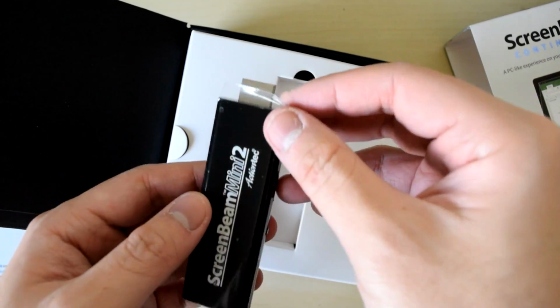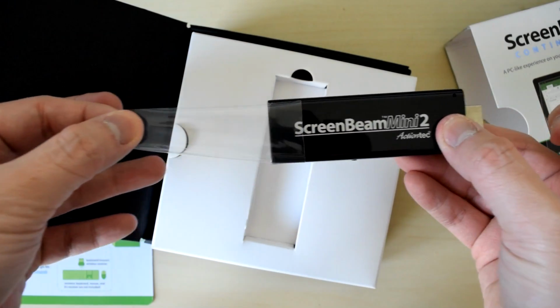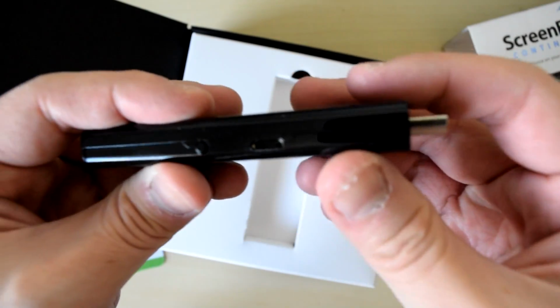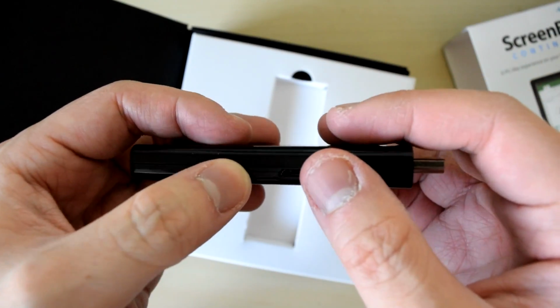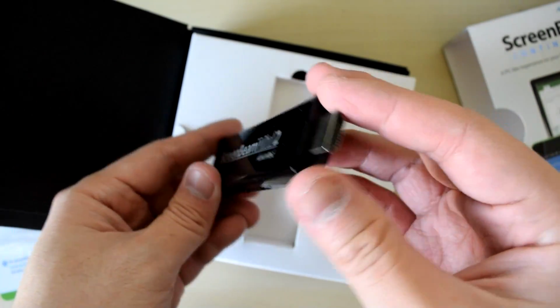Now, ActionTec has wisely opted to protect the printed logo with a piece of plastic tape, as it's a proven fact that soft cardboard packaging has certain chemical properties that scratch off company logos on plastic electronics. After I dispose of this plastic tape, it will in all likelihood end up somewhere in the Pacific Ocean inside some poor sea turtle's nostrils. But that's a risk worth taking if it means we can protect the precious ActionTec logo while it's being mailed